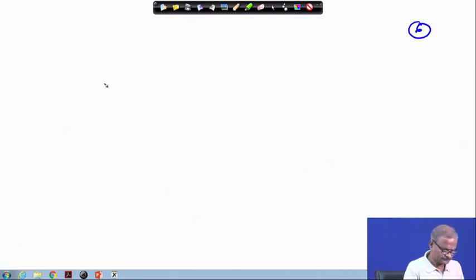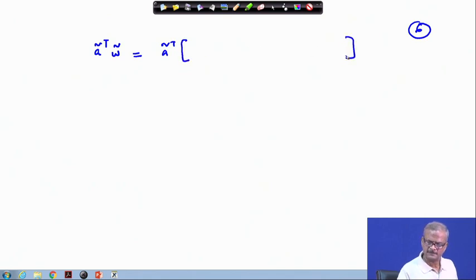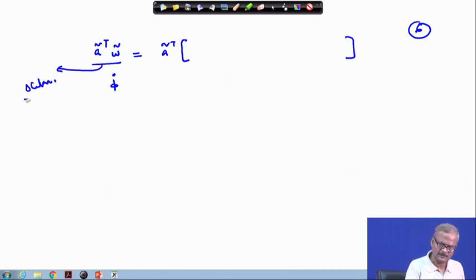And therefore, if we take the omega tilde, which is available to us, and take the component of this along the A direction, that means A tilde transpose, we have to write it like this. So, this matrix we multiply by A tilde transpose, and if we do this, on the left hand side we get phi dot. This is obviously a scalar quantity, because this is the inner product.